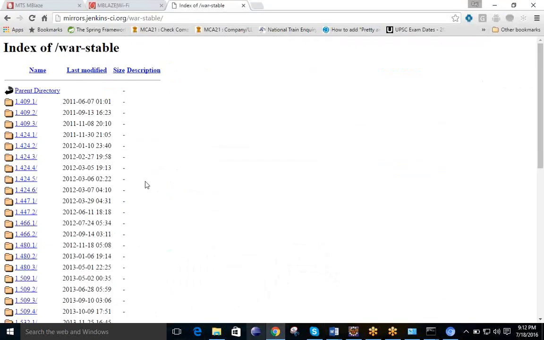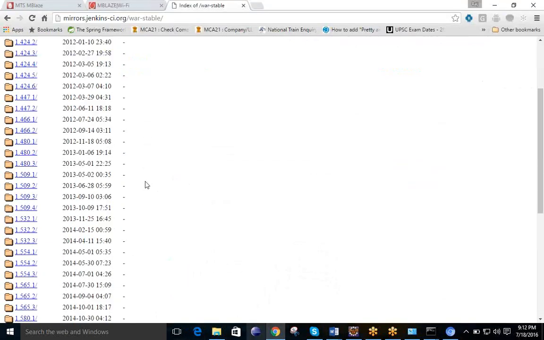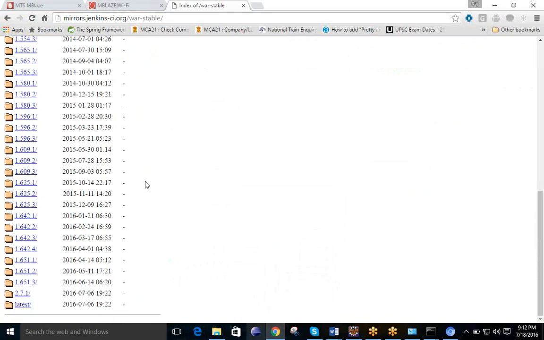You can download 1.4, 5, 6, whatever you wish, but I think there may be some incompatibility problems also, though most of the time there will not be. You can download 5, 6, any one, from any of these files, except this 2.71 because there may be changes. I have not tried with those 2.7 versions. If you are familiar with the 1.x version, in the same way you can proceed with the 2.7 version also. So you can download any of these 1.6 versions.